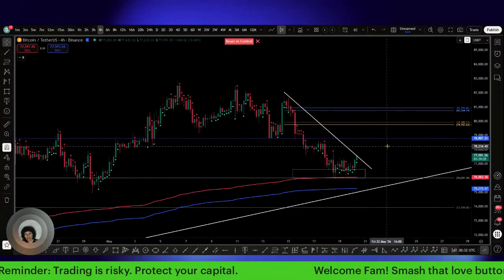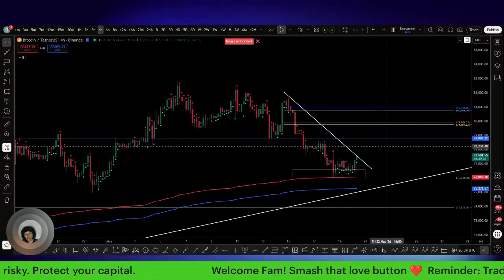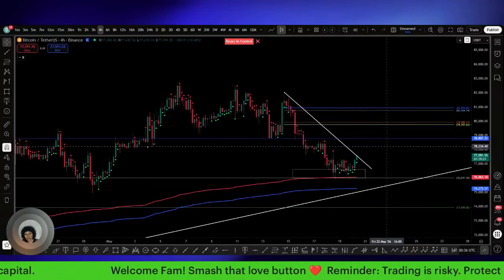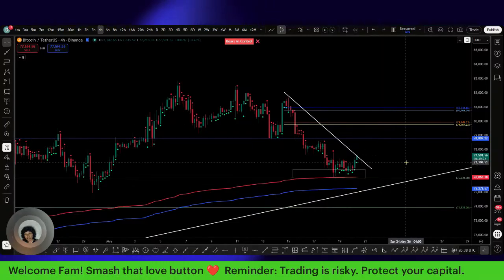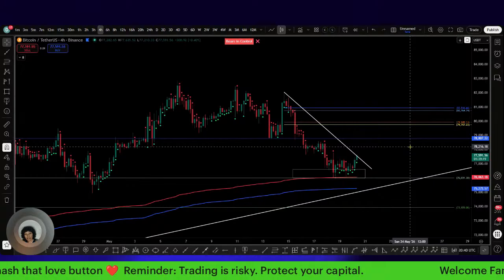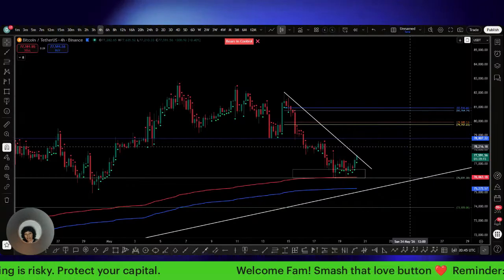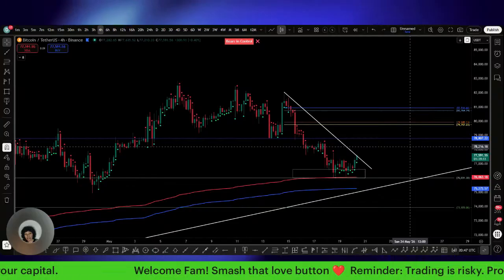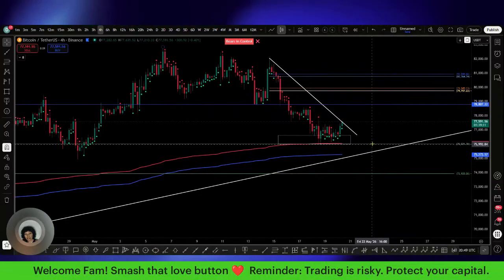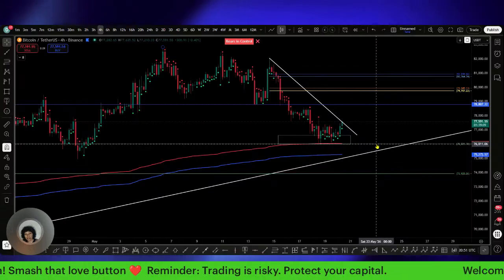So don't nobody go shorting, okay? Do not go shorting from this trend line right here. Let us get this follow through. Let us get this move up. Get yourself a better short if you don't have one already, okay? Get yourself a better short. And that is if this don't turn into something better. And that's a